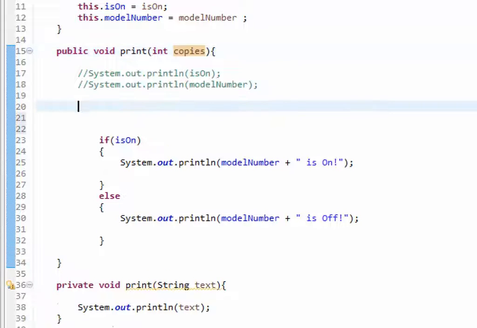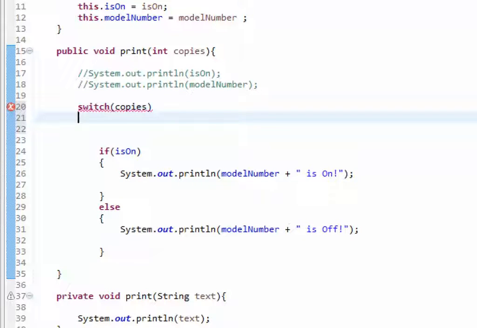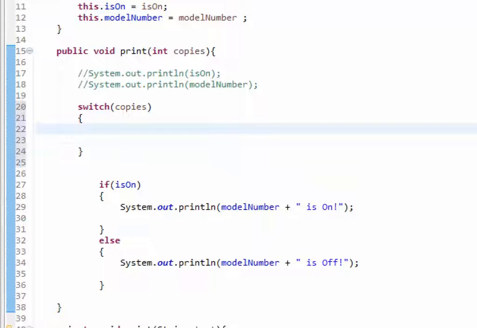And then we can use a switch statement by calling switch. And then what we want to switch on, we want to switch on the number of copies. And then what we will do now is inside of our block here, we are going to provide cases for the different cases that could exist. So case of 0,